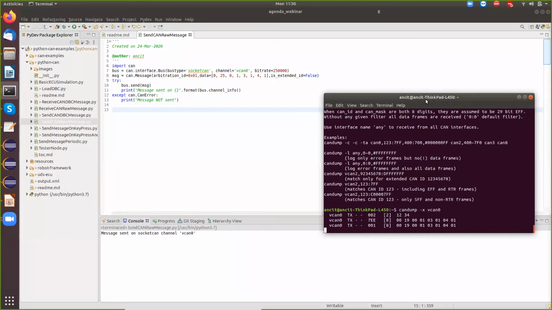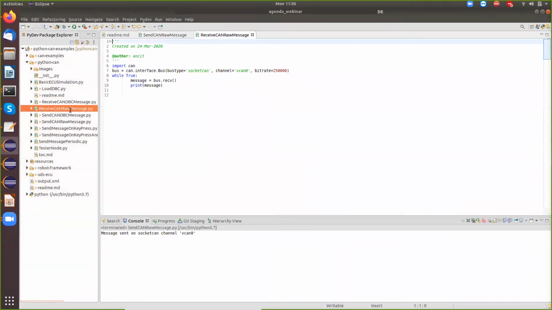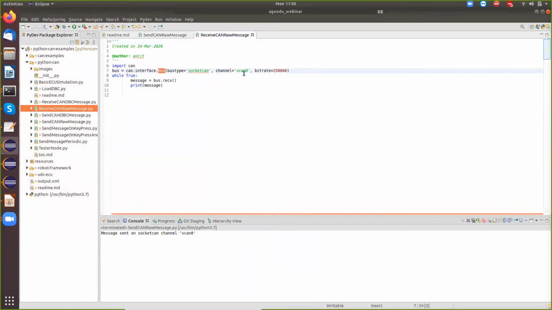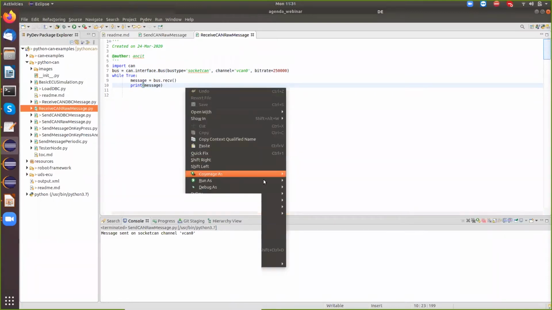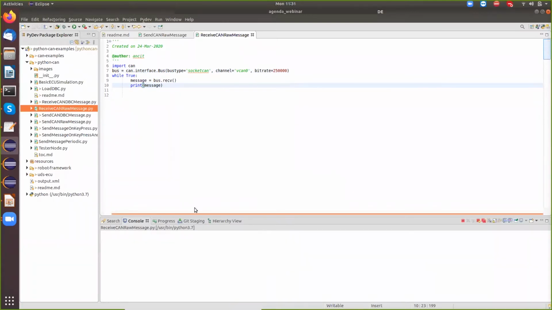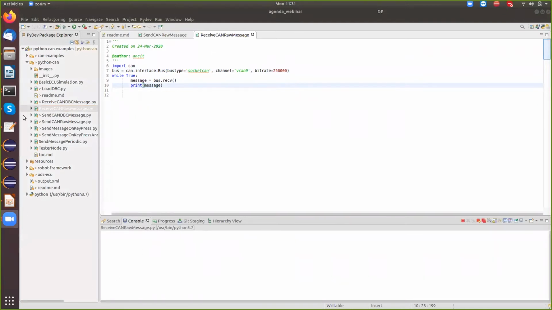The next step forward would be I send from the terminal and receive in Python, right? So the receiving code is even simpler. You just need the bus and you're listening to the bus. Any message on the bus, you just accept it, right? So that's the code for receive. You create an instance of the bus, listening to the bus vcan0, and then in an endless loop here, we're receiving what's coming on the bus and we're printing it. So I could just run this code and it's in wait mode. You see here, it's waiting like candump. And I could just go to my terminal